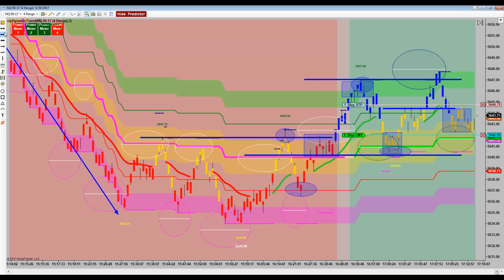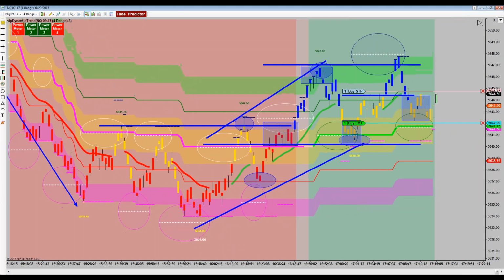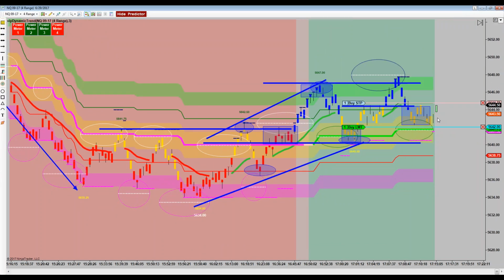Can everybody see there's sort of a little channel forming here, like this? See it? See it forming? Now a trend change would be confirmed, and we might get popped on this limit order. We'll see if we get it. If this swing up here is taken out, something like this.